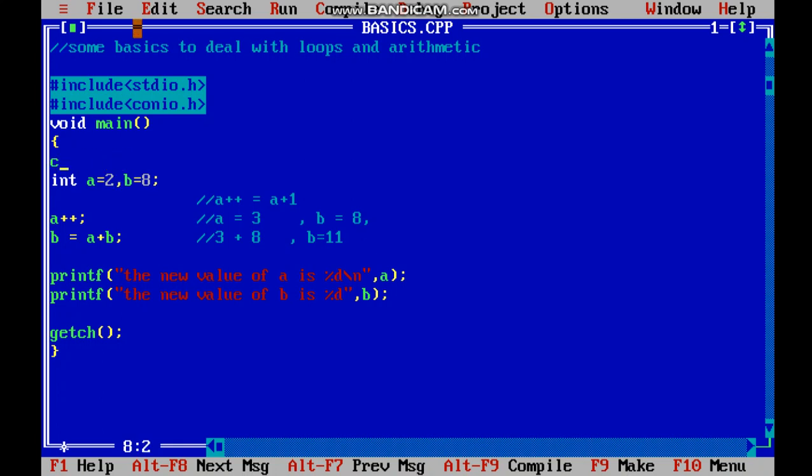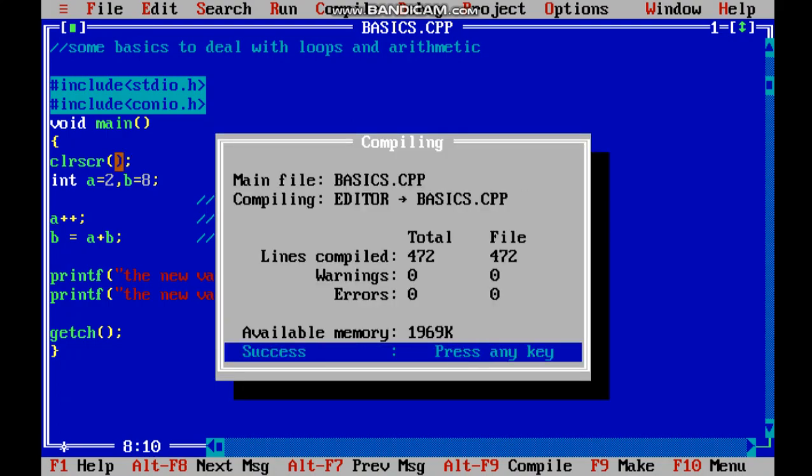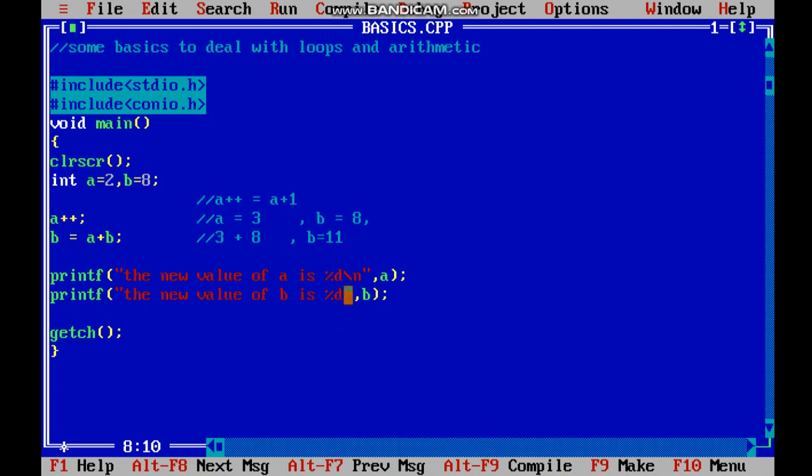So what is the use of clear screen? It is CLR, clear screen. Alt F9. Success. See, the previous results are removed, it's cleared, and the new result, whatever was required, is printed. And for better practice, you can use \n here also, so that if we use the next printf function, it will provide us with a new line. Let us see what it does.